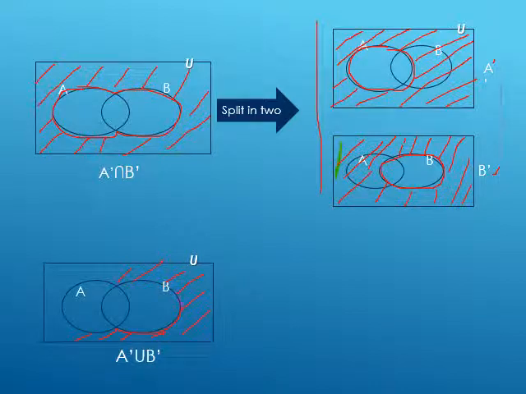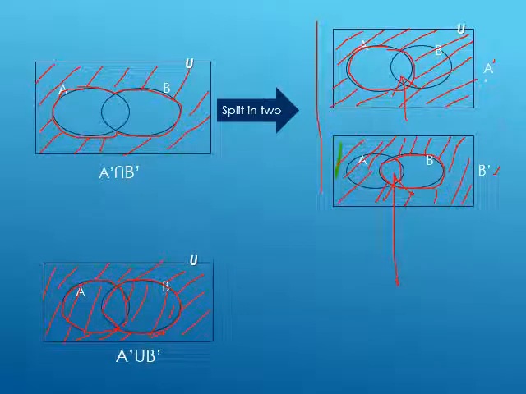Also set A and B, but you can observe that the intersecting area of both A and B, that is overlapped area, this is not shaded in both figures. So we are not going to shade in A complement union B complement. Except this area, shade whole the area. This is A complement union B complement.